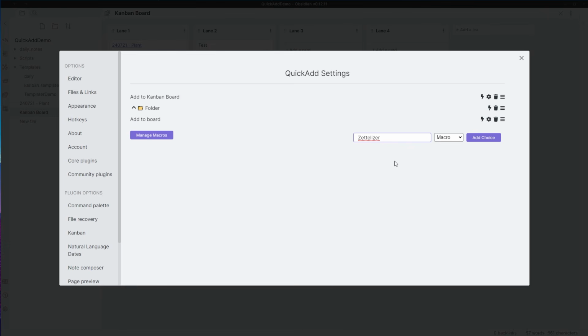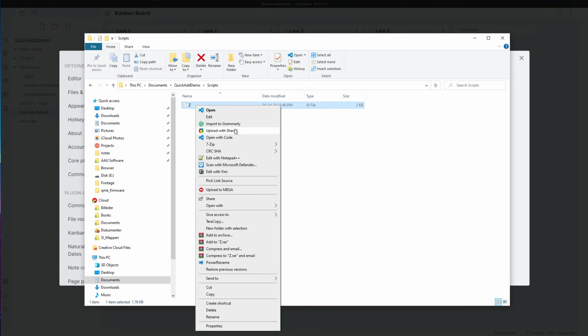We will spell the name correctly this time. Add it here, drag it to the top, and we can run the Zettelizer. Something very important to note about the Zettelizer, and maybe I should just show you how you can change that. Let me open it with,